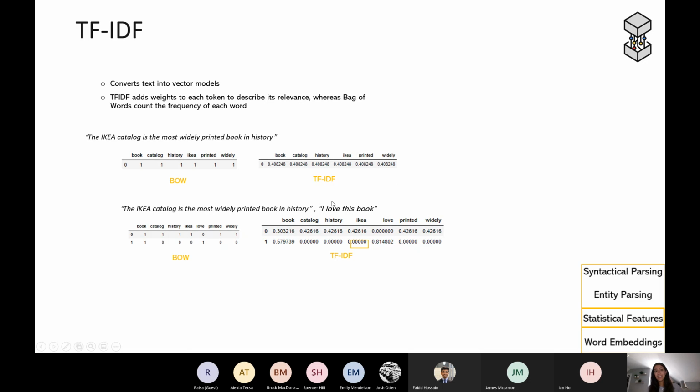But then if I add a second sentence, you can see the same thing here, the frequency on this side, but then here for TF-IDF, it identified that from "I love this book," book and love were the 2 most important words. And also because they didn't appear, a catalog, the other words didn't appear in that sentence, it got a score